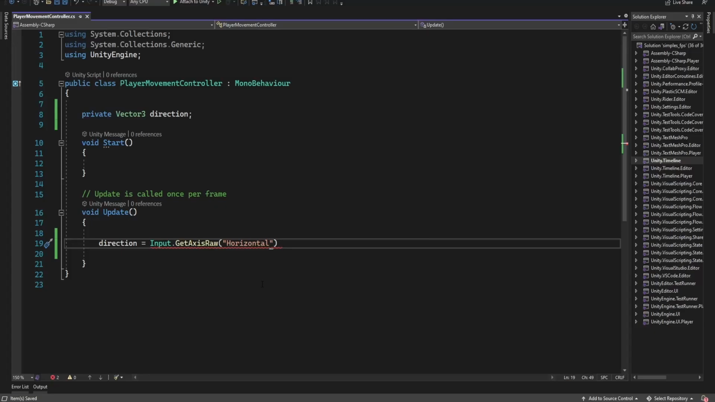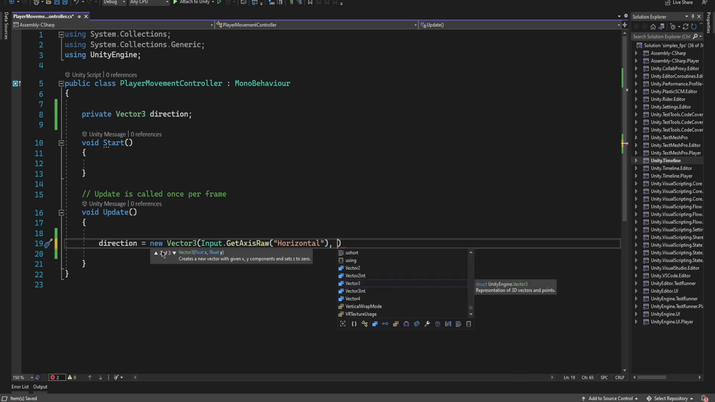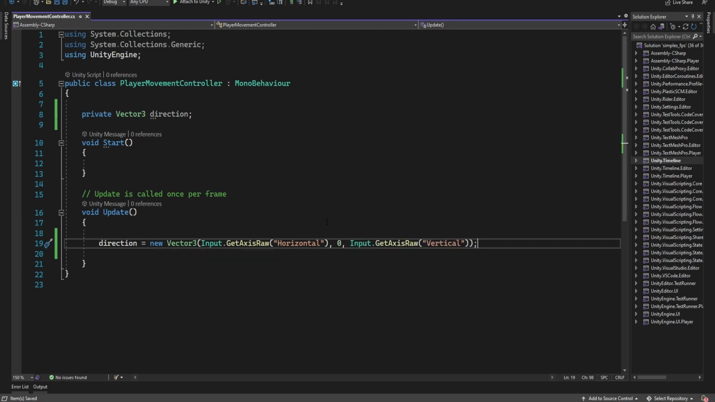So back on your code, you can see it's giving us an error, and that's because this GetAxisRaw method returns a float, and direction is a Vector3. So we somehow need to convert this float into a Vector3. And the way we do that is by typing new Vector3, and horizontal is just the x-axis of the direction we want to place. So we put it on the x-axis, and we don't want to move up and down. So we put 0 for the y-axis, and for the